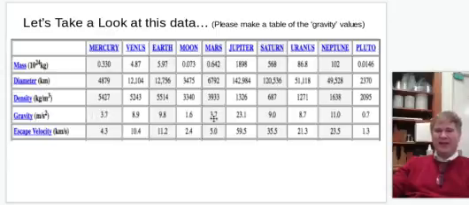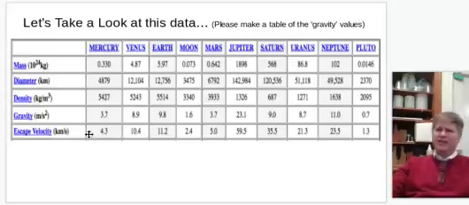Now, what's most important for us here are the gravity values. If we look at the gravity values, and this is why we really want to keep this sheet around, these are the gravities that we will use moving forward. So even for Earth, let's make it 9.8, and let's also not let these change our sig figs at all. We'll just assume these are precise measurements, even though we know Earth is like 9.81. Technically, Earth at sea level is 9.07 something, so it goes on for a while.